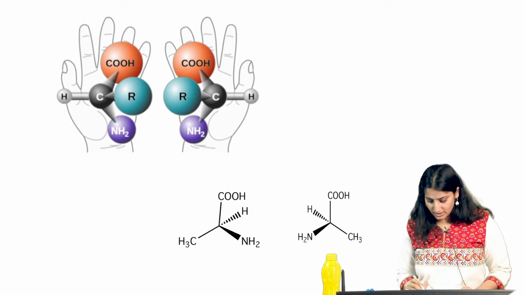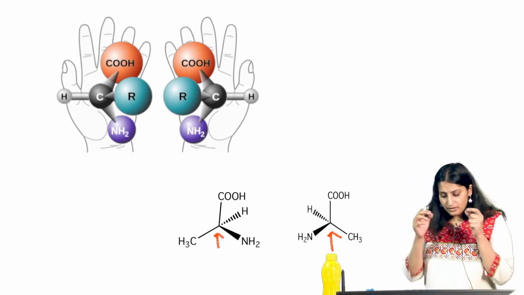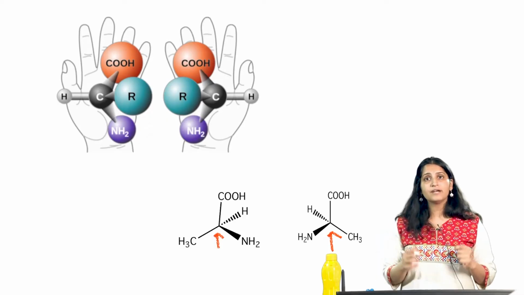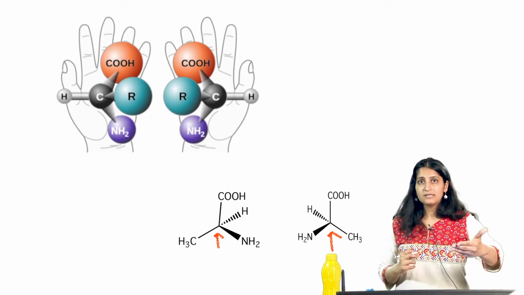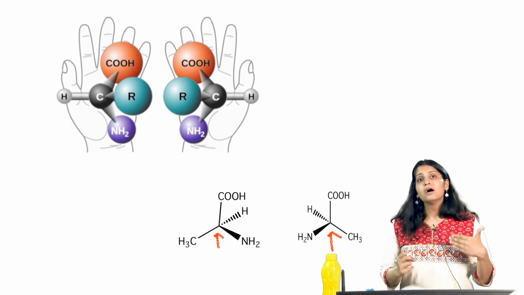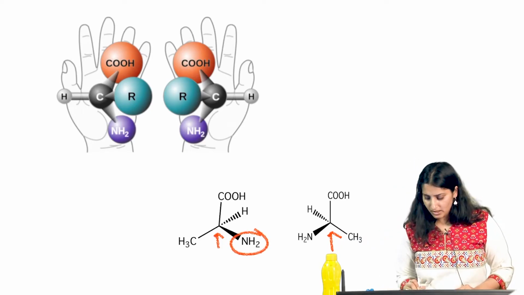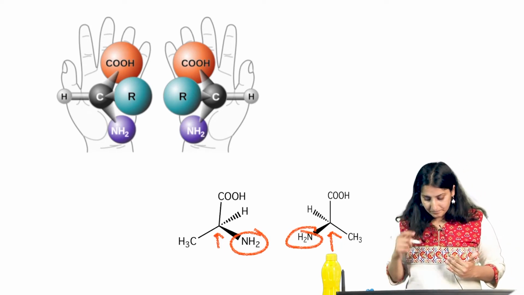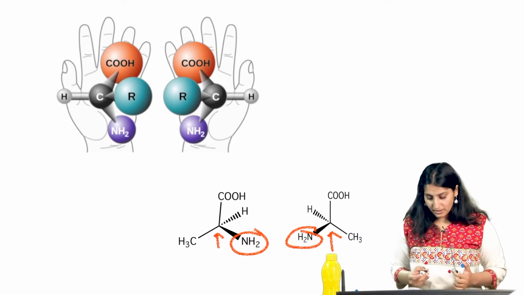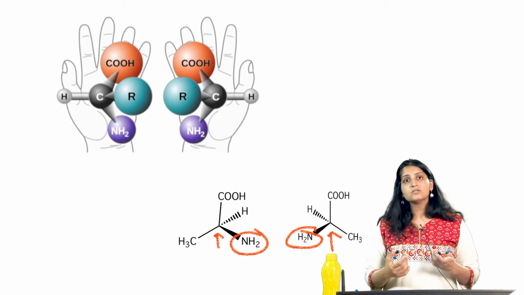Now, if you notice, we have a chiral carbon, and that carbon has 4 different attachments. The dash is something that goes away from us and the wedge comes towards you. So, in this case the NH2 group is coming towards me and the hydrogen is going away. One of the things I want to point out about these chiral carbons is that sometimes you will also see them referred